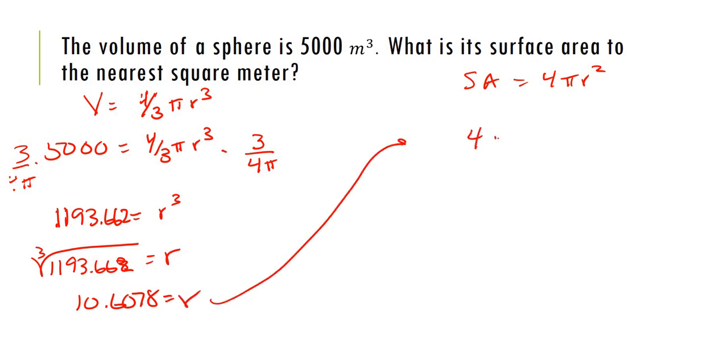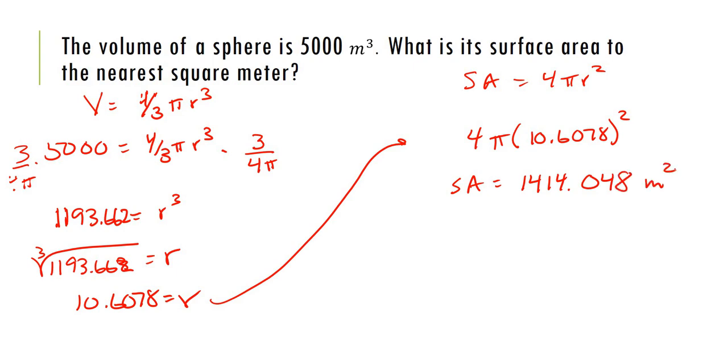I'm going to bring that up here. I'm going to do 4 pi r squared. At this point, you should be able to do the rest yourself. Go ahead and put pi right in. We'll get a decimal answer here. The surface area is 1414.048 meters squared. And that's it. 2 simple formulas, and we'll look at our